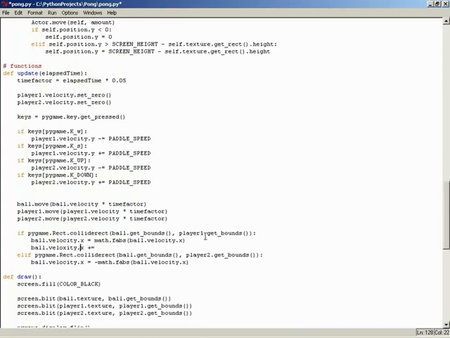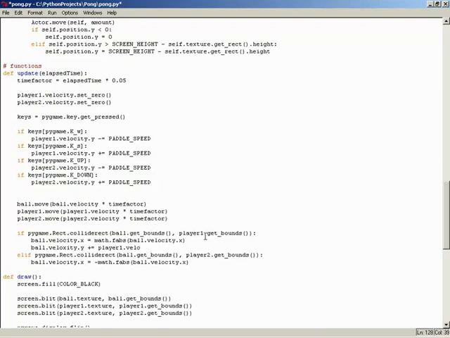Okay, that's another good point. What direction do the paddles move in? They move up and down. Not x, they move in y. So we want to add y onto it, not x. And that'll make the correct visual result. That's right. So we'll increment by player 1 dot velocity dot y